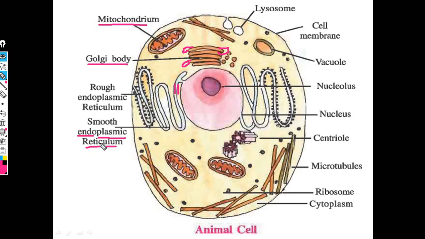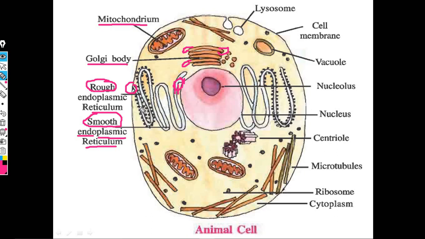Another characteristic of endoplasmic reticulum is that it normally has attachment with the nuclear membrane and also with the cell membrane. So throughout the cell you can identify this structure, which is very important for the structural support of a cell. There are lots of important functions that you will learn in detail. Now this endoplasmic reticulum can again be divided in two types: smooth endoplasmic reticulum and rough endoplasmic reticulum.